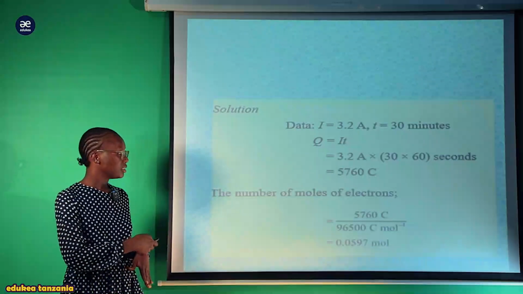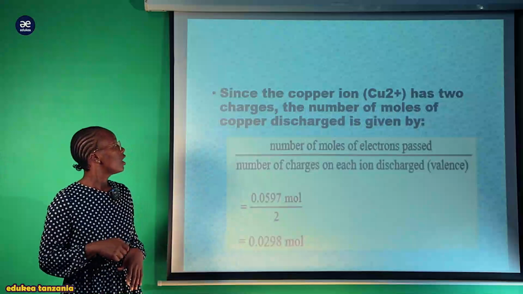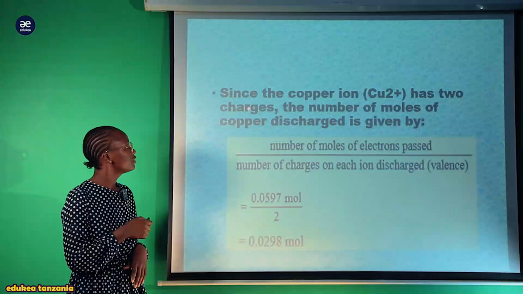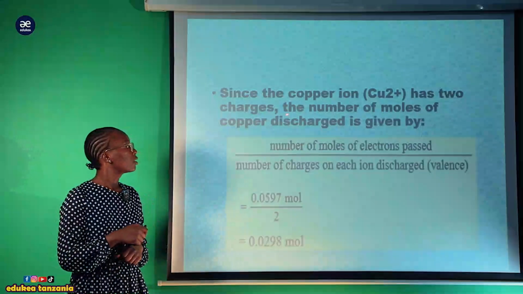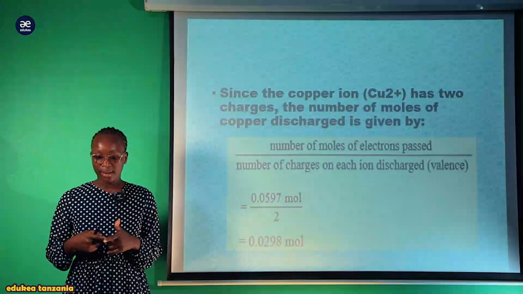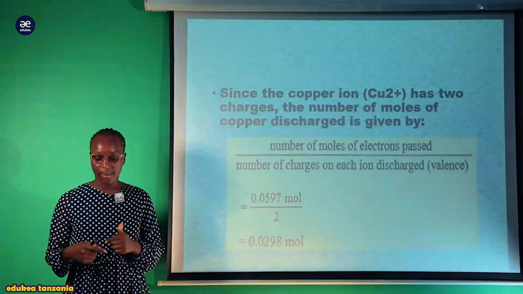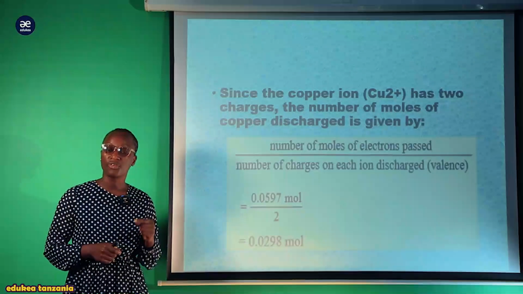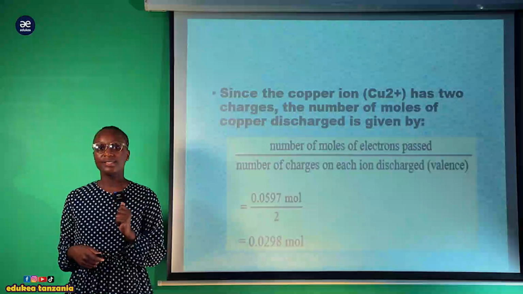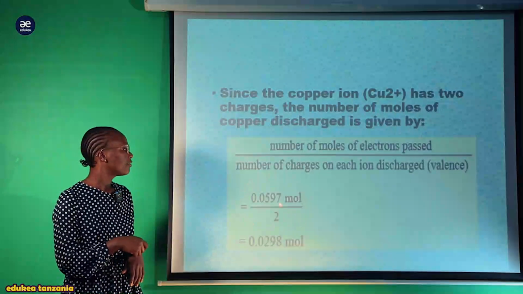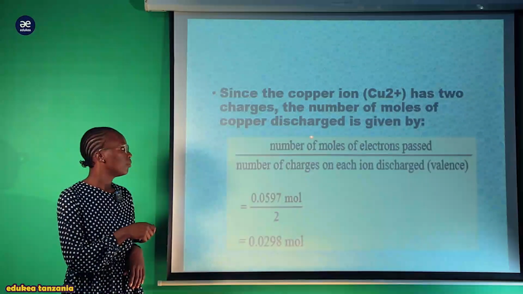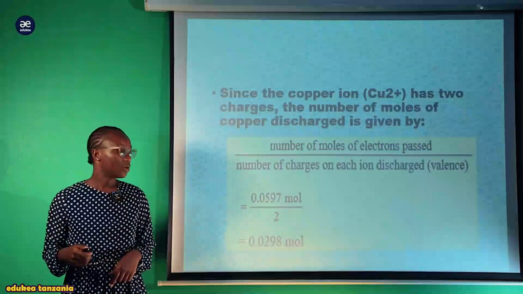Kwamba our data we have current, we have time, lakini time tumepewa katika minute, we have to convert into second. So we know that the quantity Q is equal to IT. So we are going to substitute our values ambazo tunazo: ampere, time, lakini time inatoka kwenye second, kwa hiyo tunazidisha na sekunde 60, kwamba 1 minute is equal to 60 seconds. So nikiwa na 30 minutes sasa na sekunde ngapi? It means nitachukua 30 mara 60 kupata sekunde. Kumbe the quantity ambayo itakuwa liberated ni hii hapa